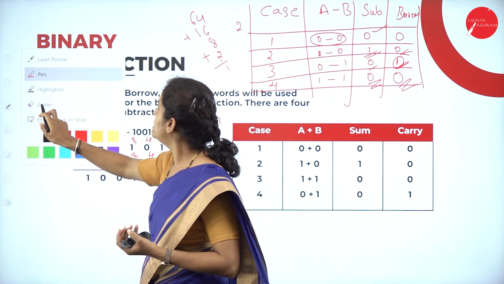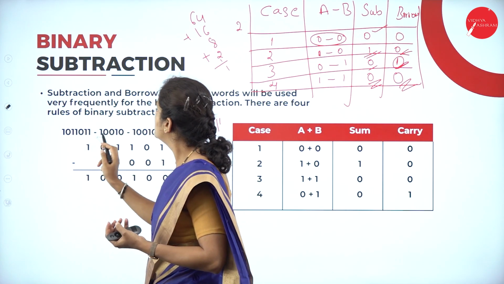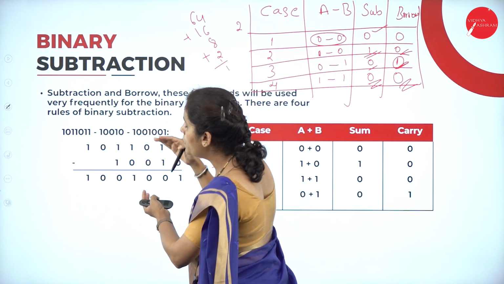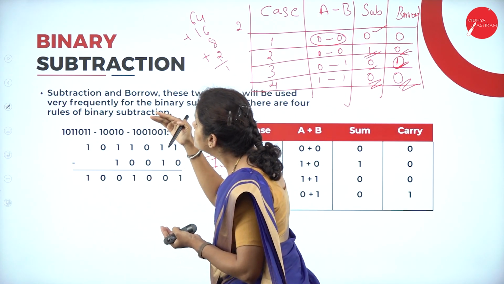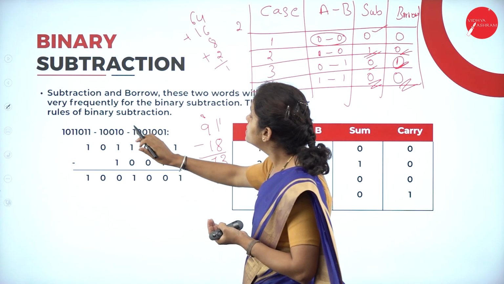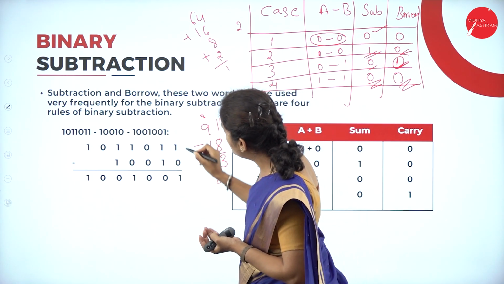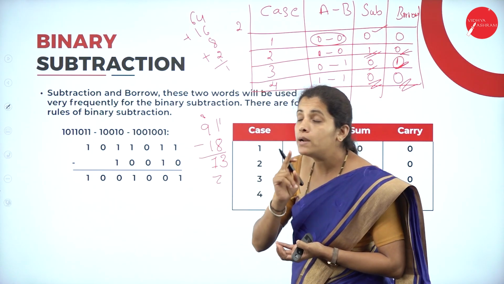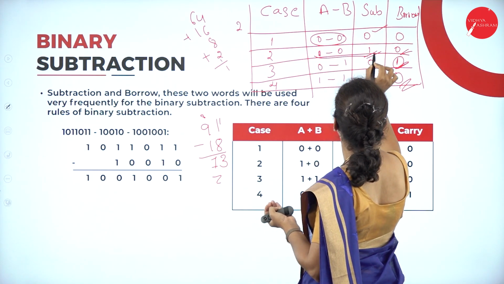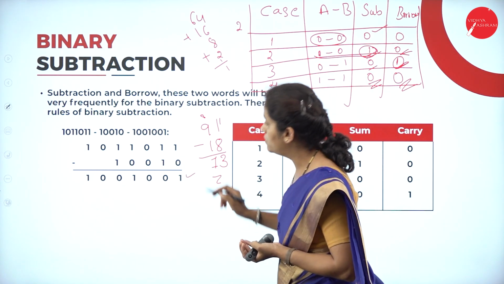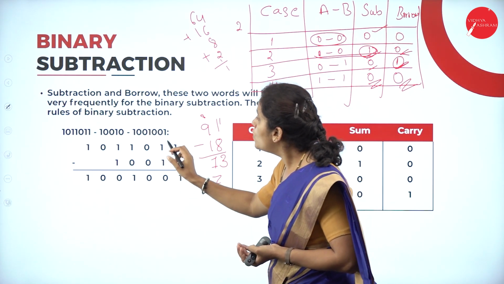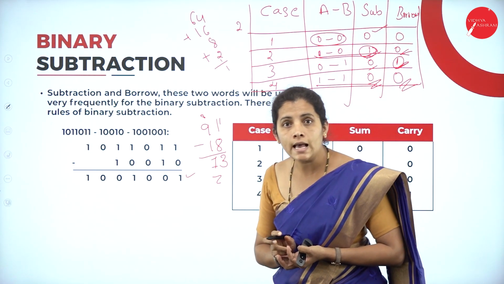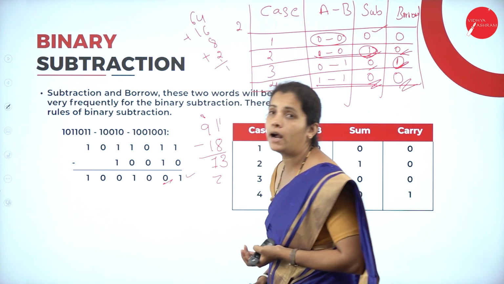So what I will do here? This is the actual value I have. I want to subtract this value. So this is the binary values I have. First, I'm going to consider this one. So 1 minus 0. See here, 1 minus 0. The subtract is 1. I'll write 1. So 1 minus 1. Check this one. The subtract is 0 as well as borrow is 0. So I'll write 0 as it is.